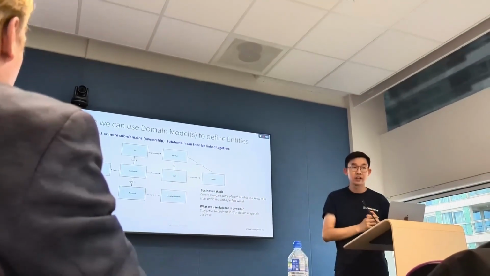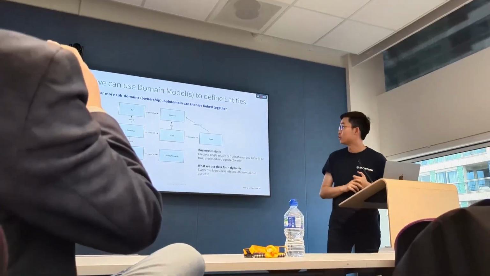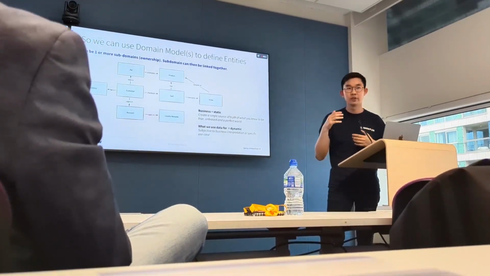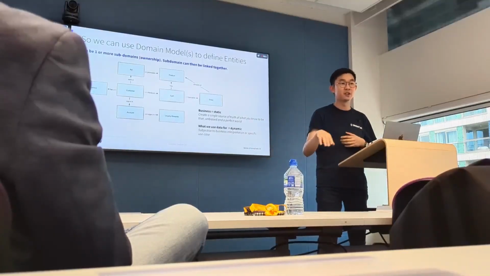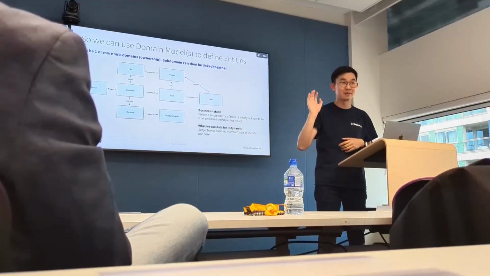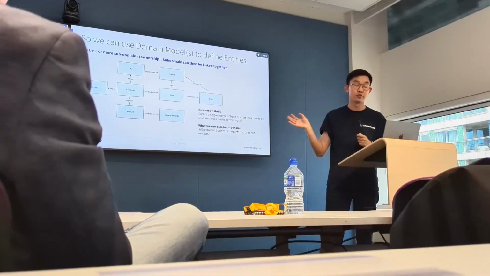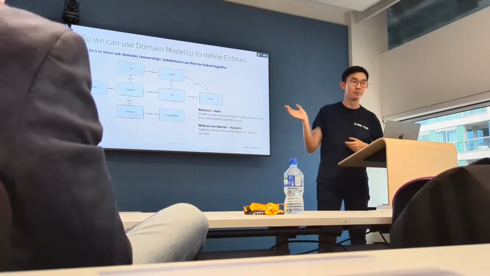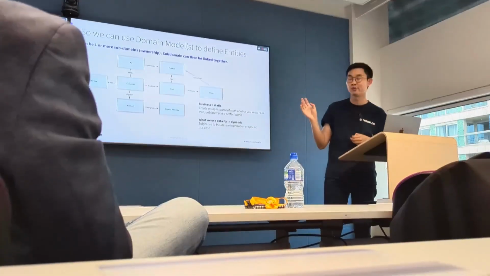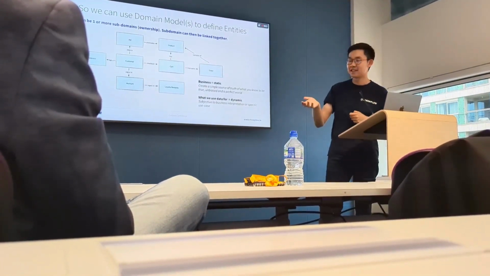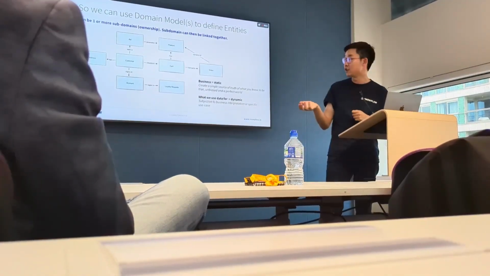So one way you can do this is what we like to call domain models, which is essentially where you're mapping. So what you do is you get a whole bunch of business stakeholders in a room, you tell them to explain to you in human language how that business operates, and then you just draft the diagram on a whiteboard or piece of paper, which is pretty cool. And then, for example here, this is a business stakeholder that's telling you how a business e-commerce